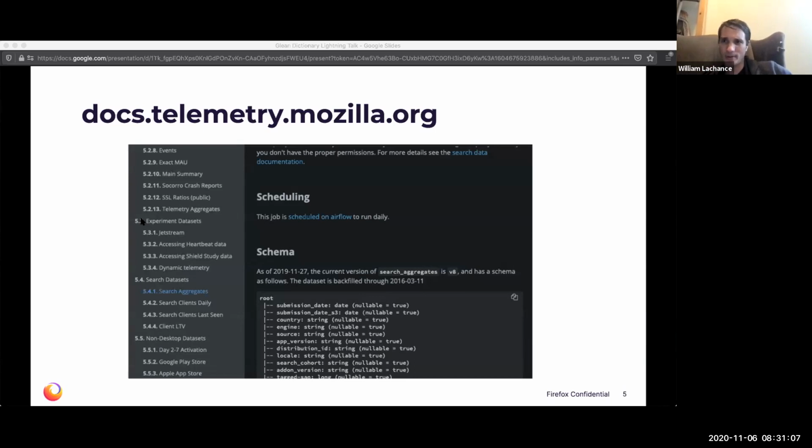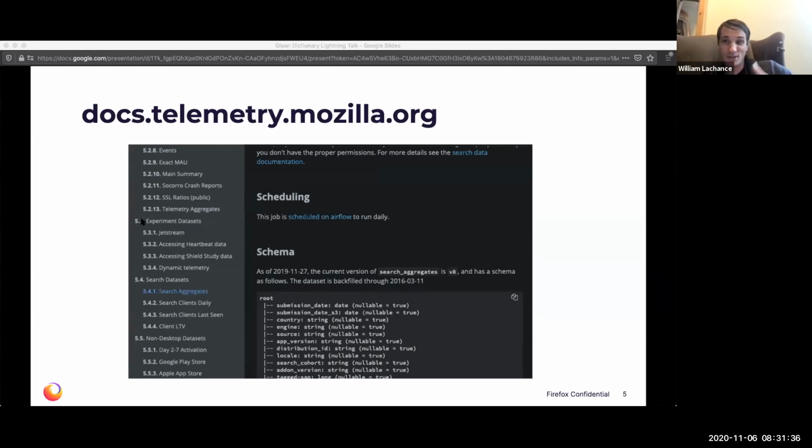The next thing to talk about would probably be docs.telemetry.mozilla.org, which is a project I've been putting a lot of love into over this year. And in some ways, the Glean Dictionary is sort of an outgrowth of that work. docs.tmo attempts mainly to document both the higher level parts of our pipeline, so things like derived data sets or analysis tools, as well as give advice on how to access lower level pieces, like the pings. It's manually maintained and curated.